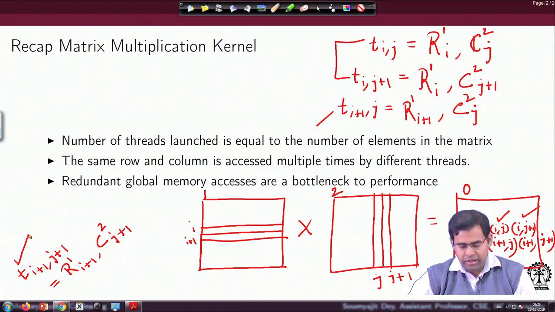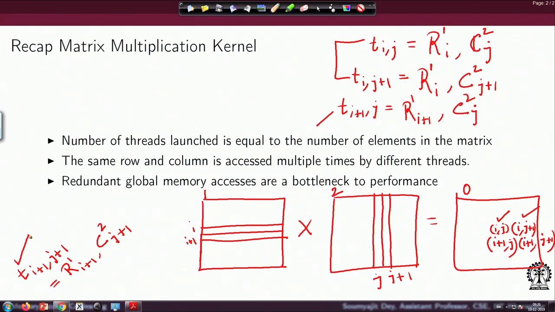So, again just to give an example, if we are trying to speak in terms of some hard numbers, the ith row is getting accessed how many times overall in the computation? In total, in the output matrix there would be n elements in the ith row. Using this naive algorithm, I am bringing elements from the ith row into the memory n number of times, separately by each of the threads. So, that does not make sense.